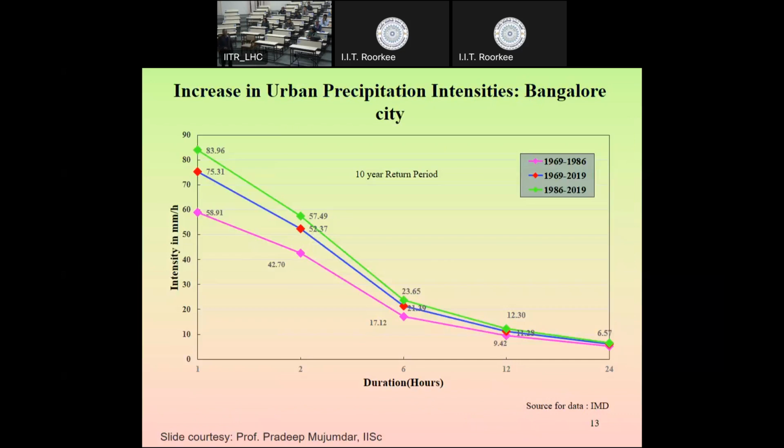Now, coming to rainfall property, this is another very interesting observation. And here, what they have done, they had the data, and in India, the data is provided by an organization called IMD for rainfall. This is India Meteorological Department. So, this group analyzed the rainfall data for Bangalore city, and they had the short-term data from 1969 to 2019. Short-term means hourly data for this place, Bangalore. Okay, we were talking about Bangalore, so we will first talk about rainfall, then we will come to the topic you had.